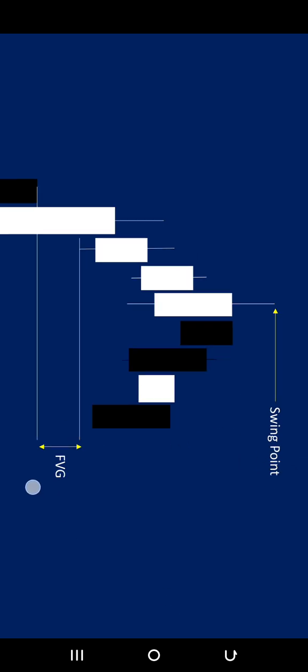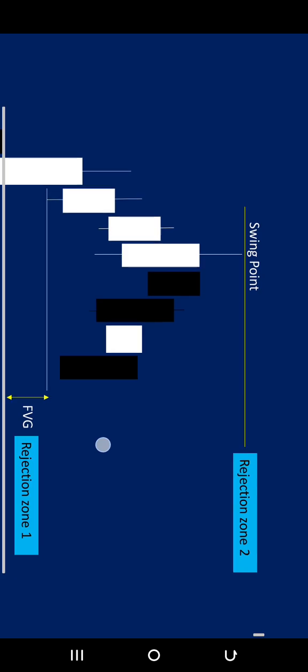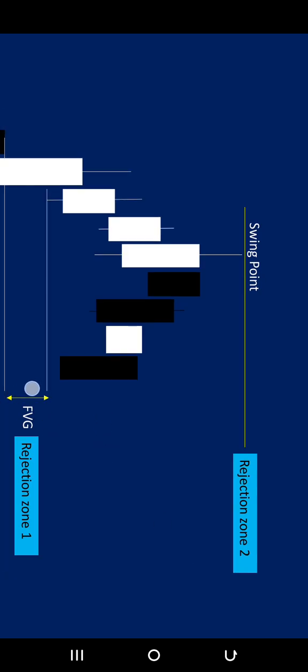So don't forget these two zones are strong rejection zones. That is why, look at it, examine. Can you see? When price gets here, it has a tendency of rejecting price. That's why it's called a rejection zone, your fair value gap, and also an opportunity to enter the market for a buy. And when price gets here, it is also a rejection zone. It has the tendency of rejecting price. Okay, it will reject price and price will start falling, because it is a strong rejection zone too.